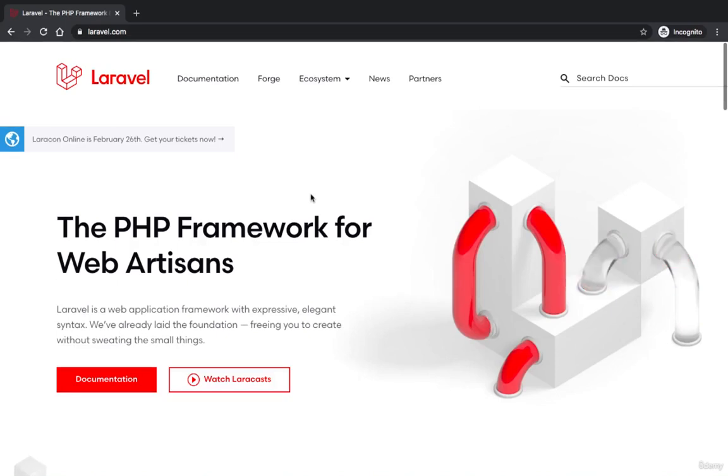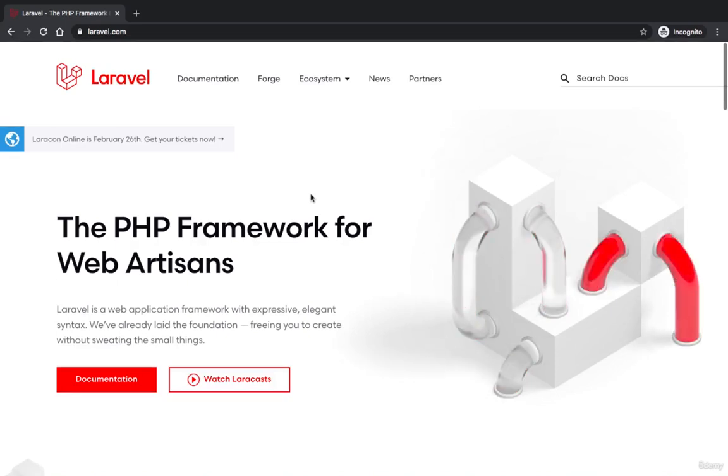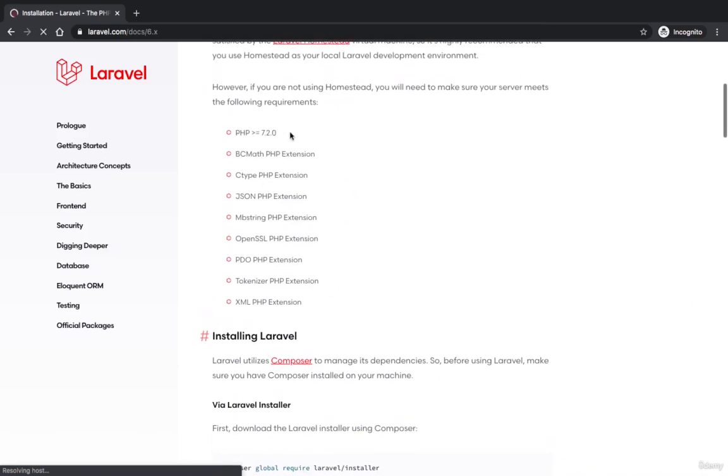In Laravel.com, you will find the documentation where you can find requirements for installing Laravel. And in order to install and use it, you need to have PHP 7.2 or higher. Therefore, I'm going to be installing PHP 7.2. So if you head on over to